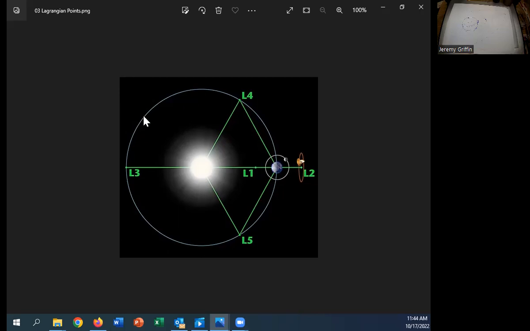But there are also orbiting mechanics, so there's this dynamic situation set up. Let's look at this point that says L2. From the point of view of L2, aren't the Sun and the Earth both pulling you to the left? So there's definitely a net force on you. But the fact that the Earth is also going around the Sun at the same time, do you think you could have your own orbital radius here, where you were tracking along with the Earth? Sort of like that geosynchronous satellite example I was just telling you guys about. Just kind of hovering.